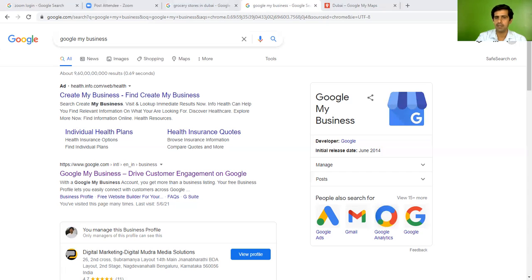For example, 9 a.m. to 6:30 p.m., or 4:30, it will depend. Then we click on the next.